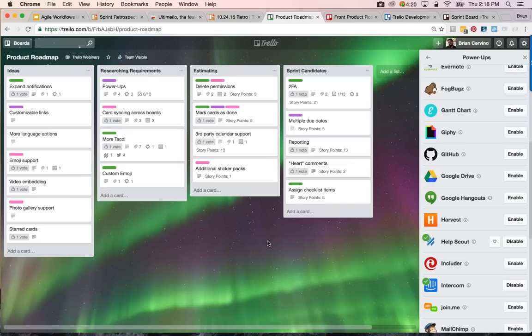So the product roadmap is a place to keep track of all of the features, ideas, or requests from stakeholders and customers. And it's often at a higher level than the individual tasks to build a feature. It's also a way to transparently share with your company upcoming projects and goals that are going to be worked on. So Trello makes it easy to create a product roadmap that clearly defines and prioritizes features,